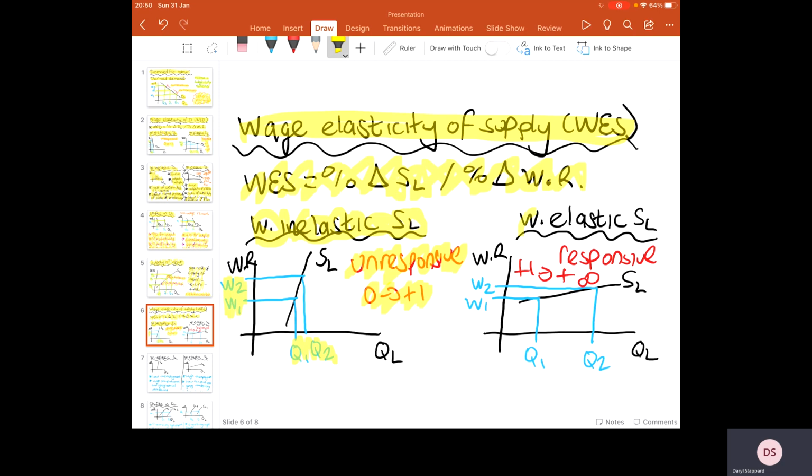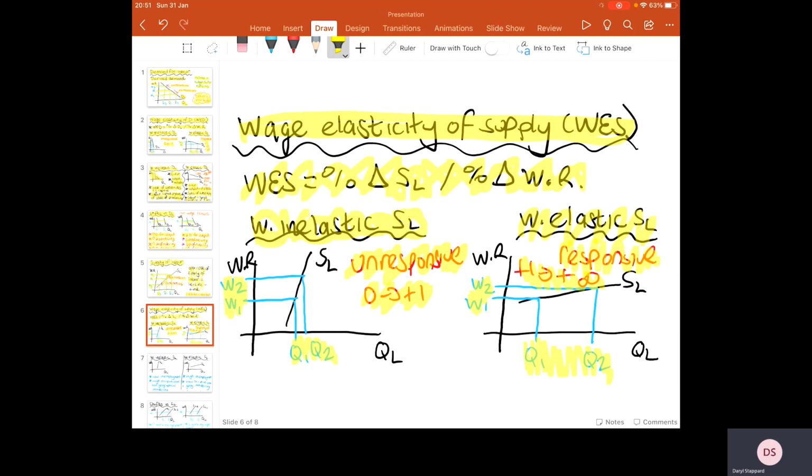On the right-hand side, we've got a wage elastic supply of labour curve. Now, we would say this time the supply of labour is responsive to a change in wage rates. And again, look at the diagram. A small increase in wage rates leads to a really big extension in the supply of labour. So from the formula, anything between +1 and +infinity would show us a wage elastic supply of labour curve. Remember, what we're saying here is the percentage change in the supply of labour would exceed that percentage change in